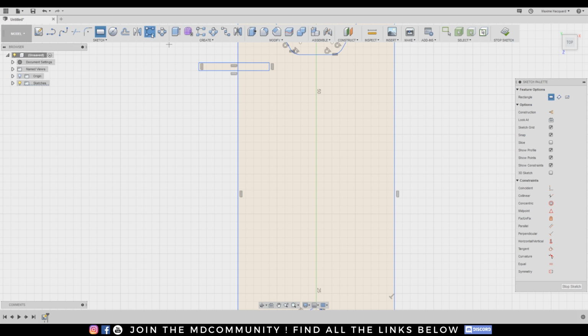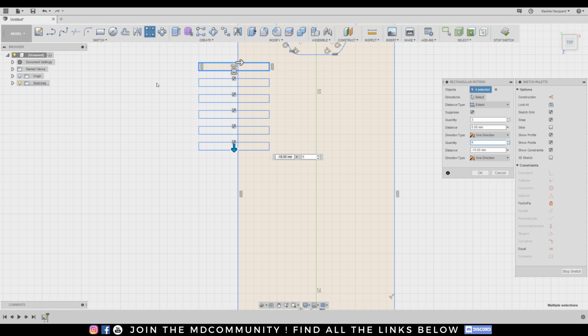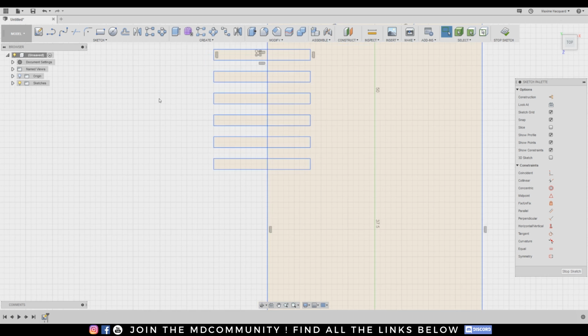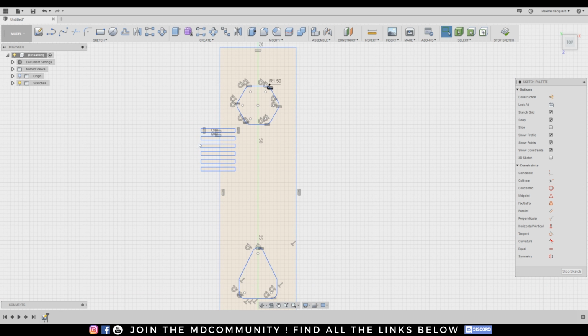You can click on rectangular pattern, and now you need to select the object. I will select my different faces, and use this little arrow to change the quantity. Really useful, really nice. Then I click OK.